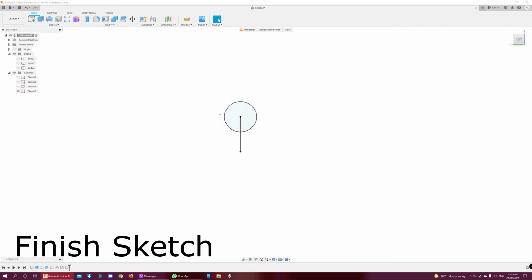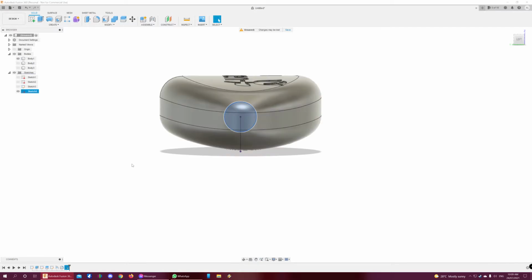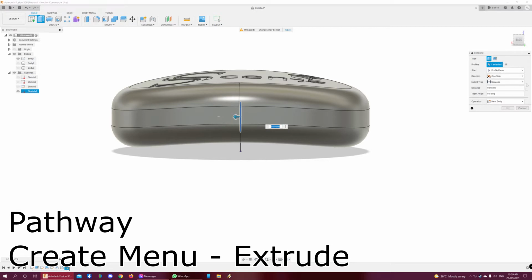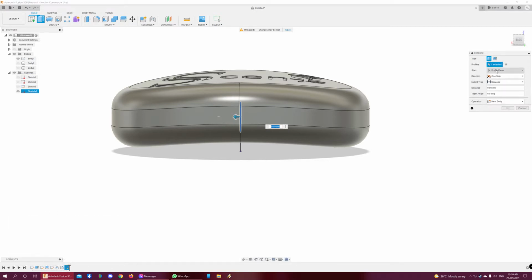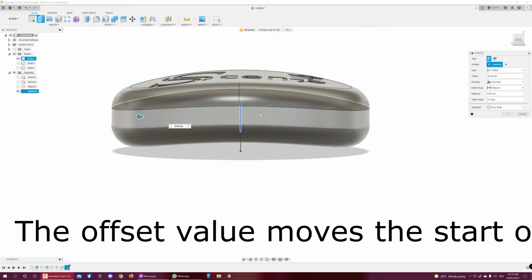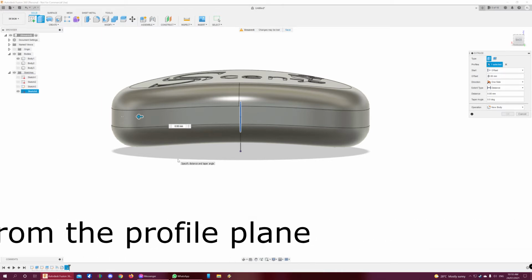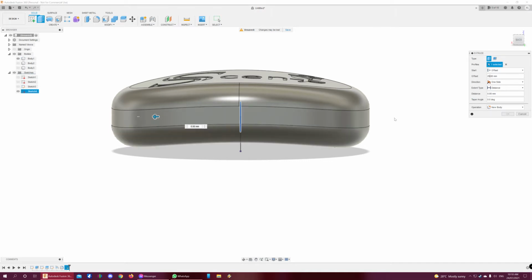I'm going to hide that body. I'm going to click on that circle and bring the body back, and I'm going to extrude. And you can either do the create extrude, or you can just press E. But we're going to do something a little bit different with this one. Normally they will start from the profile plane, which is where the sketch is, but I want it offset from that, so I'm going to offset that by 30 millimeters, but I want it... 30 is too much. Let's go 25 millimeters,